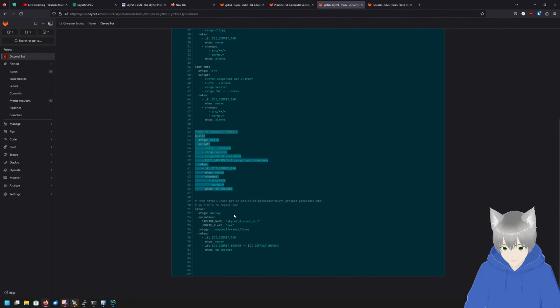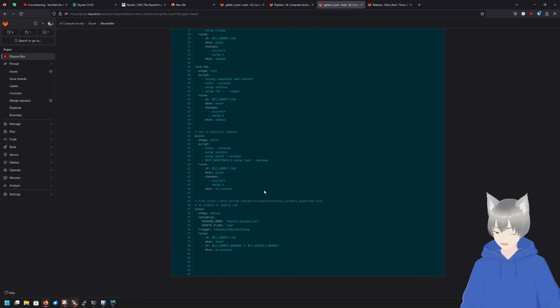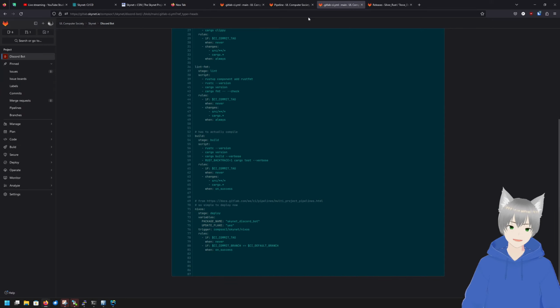And then at the very final end, there is this again. You should recognize it. It's the NixOS deploy. So again, deploying after NixOS. We have a lot of the multi-pipeline stuff going on in all the Skynet stuff, because there is one repo that's responsible for deployment, and that's the NixOS one.